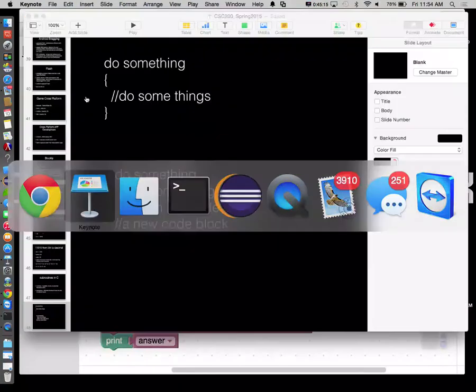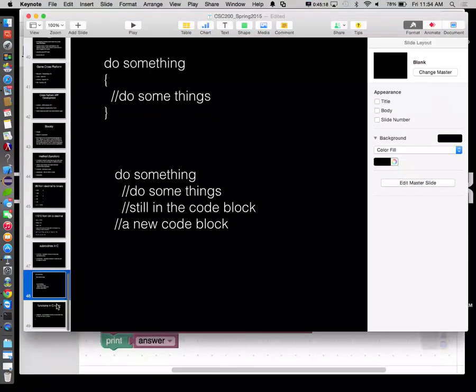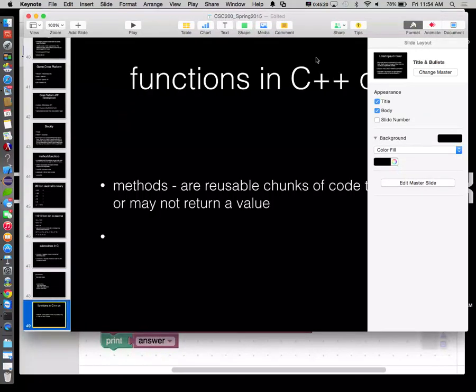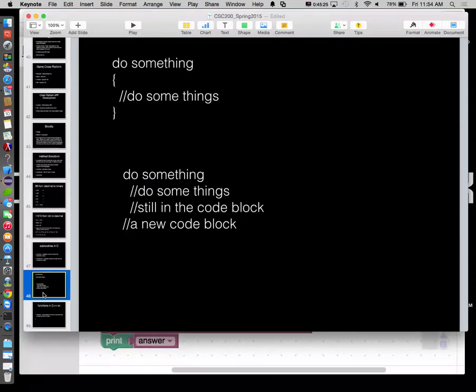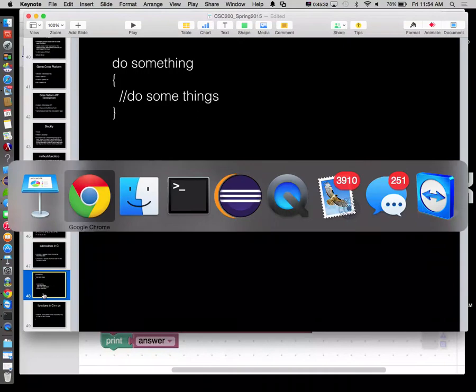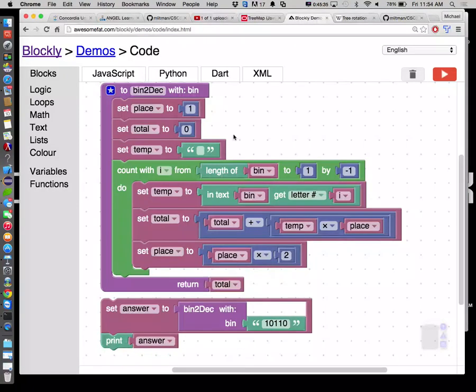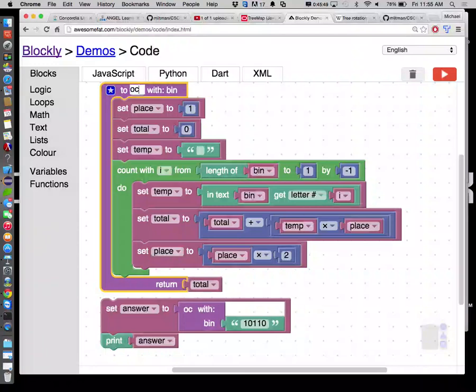So what we were just talking about is this. Okay, so for Monday, I'm going to give you a small homework assignment. That is a little modification of the assignment we did today. Use this as your starting point. We're going to do one that returns a value. I want you to practice and see the difference between something that returns a value versus something that just displays something. Write a function called Octal